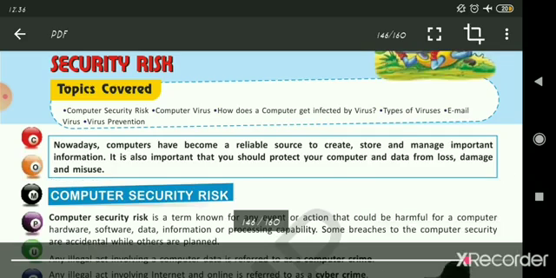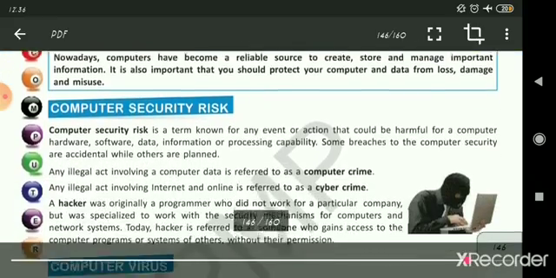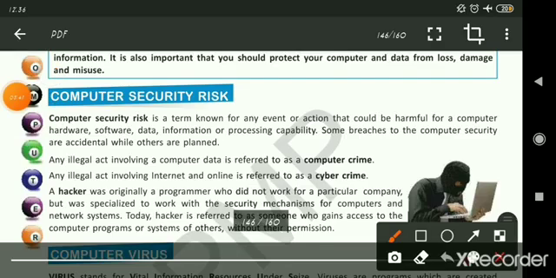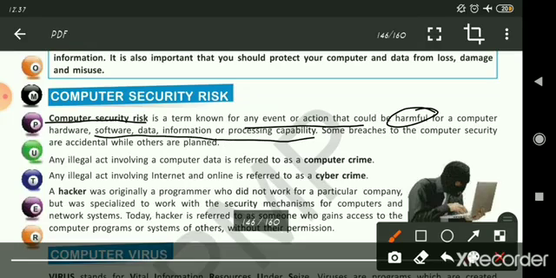Okay, so computer security risk, let's read about that. Computer security risk is a term known for any event or action that could be harmful for a computer, hardware, software, data, information and processing capability.